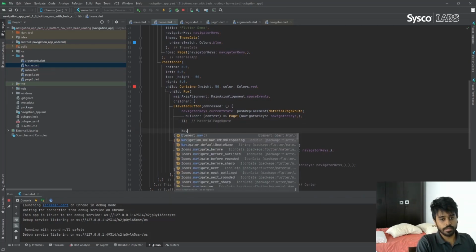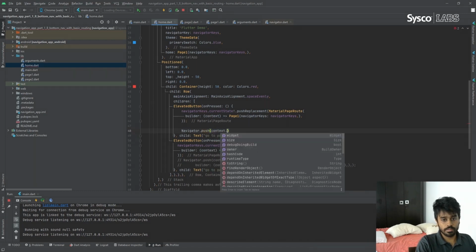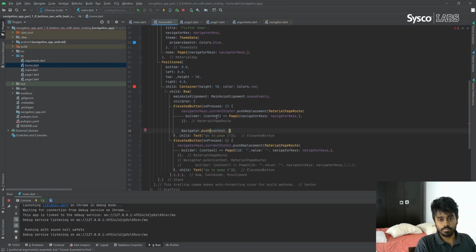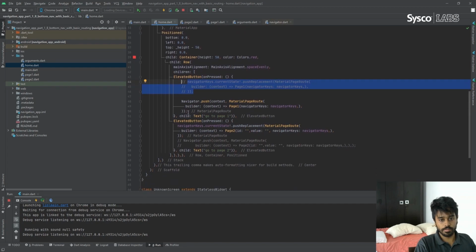We can use the navigator class here, then we can use the push method and pass the context, and then we can use the material page route here. Okay, now we use this method to navigate to page 1, and then this method to navigate to page 2.